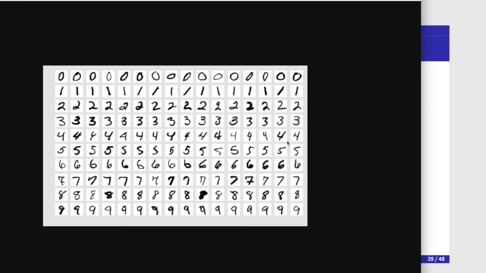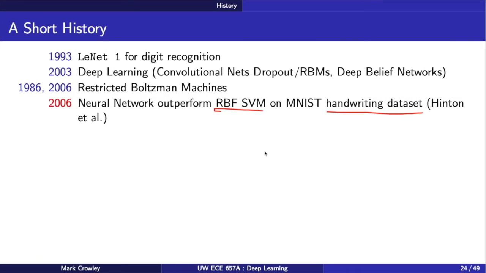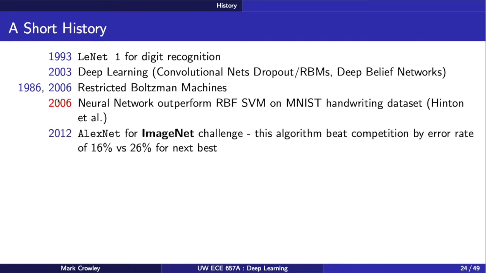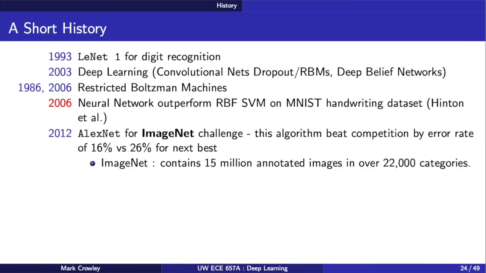So that's how people were doing it, trying to get better at handwriting recognition, and they were doing pretty well. And so I guess around this time, the mid-aughts, Hinton and people started to be able to get neural networks to do better than that, right? And people are like, oh, what's going on? Maybe neural networks aren't a total joke anymore. And so at some point, people started paying a little more attention, and by 2012, it beat everyone, because this other data set called Imagenet,